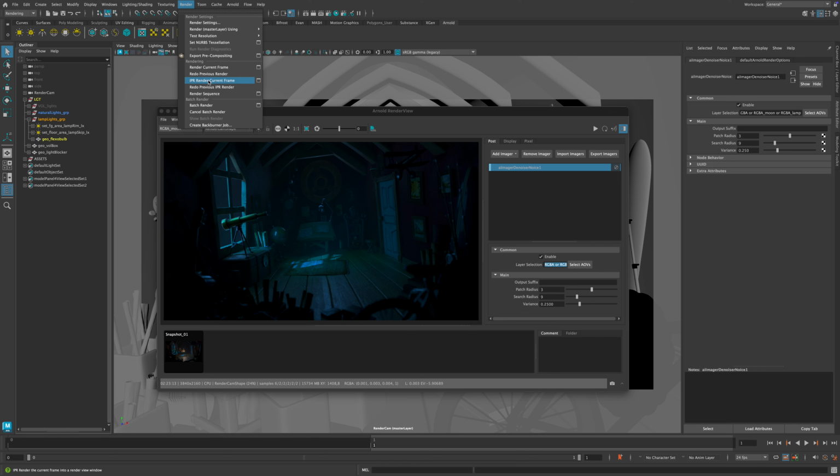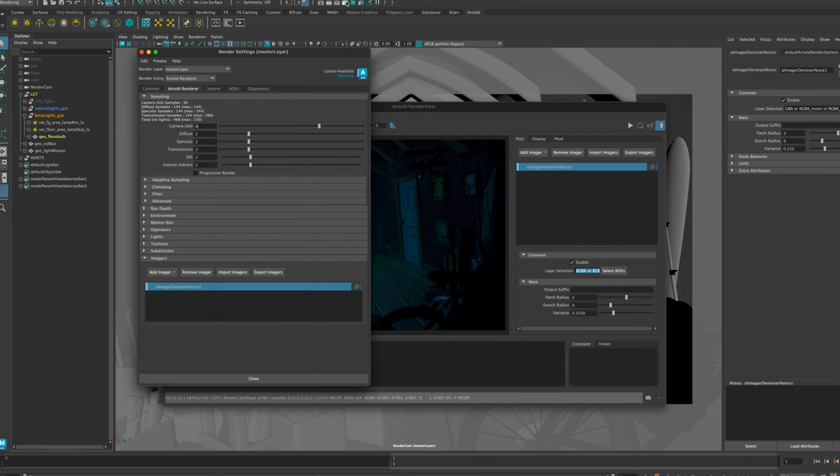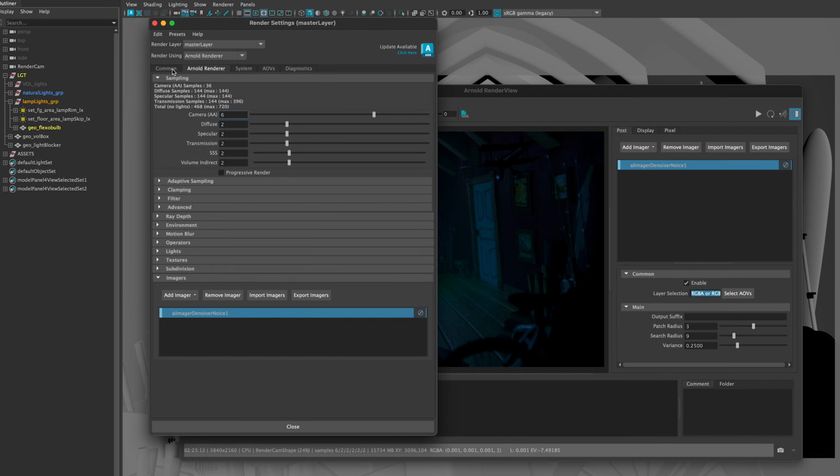Then go to the render menu at the top, and you can either go to render sequence, click on the options box if you want, that'll bring up some options, or batch render. You can also click on the options box there, and that'll bring up some options. Or it looks like Arnold doesn't have any batch render options. So to do this when using Arnold to render, you would just change your default render settings to accommodate